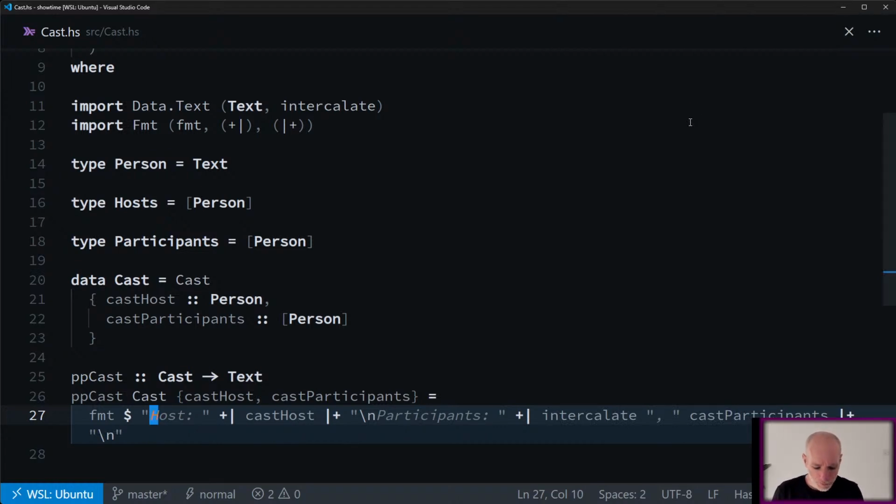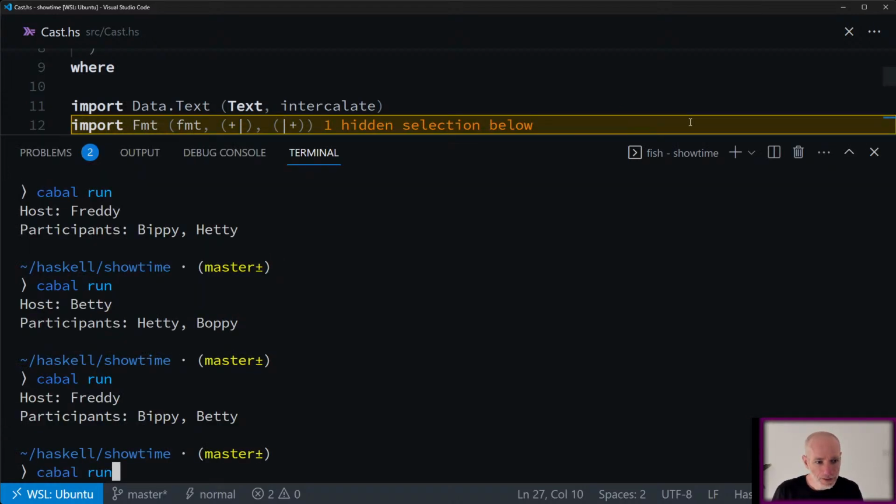Okay, so I think the next thing I'd like to do is another way of managing this file a little bit. And I'm thinking you could maybe add some subcommands. So you could run showtime exe, I think it's what it's called, with some arguments, and I'd probably say something like hosts add Bob.